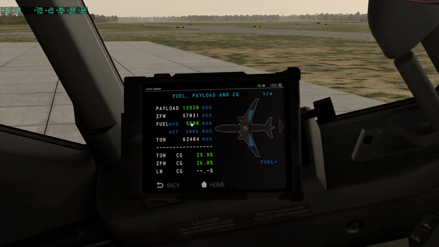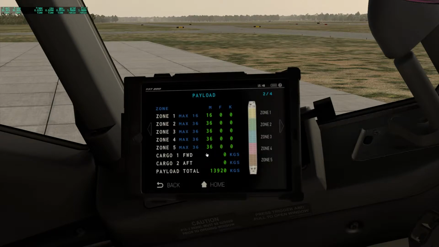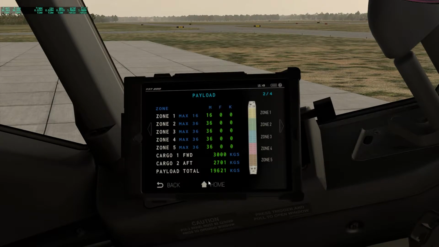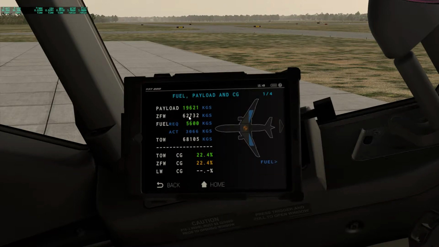So let's come here and enter the cargo. For the forward cargo, 3000, not more than 3000, you'll get an error, and 2701. So if you now go back to the page, you will see 62,732, which is as per the operational flight plan. The fuel is there, and